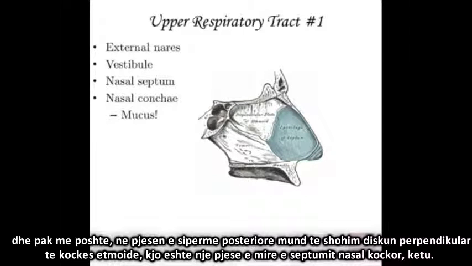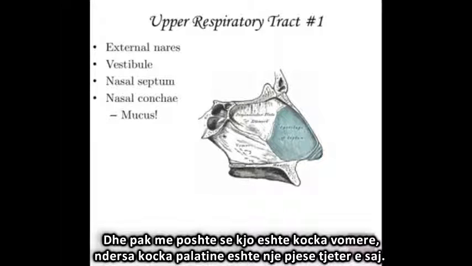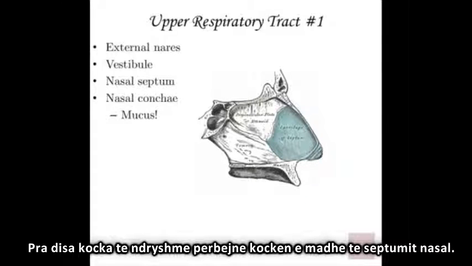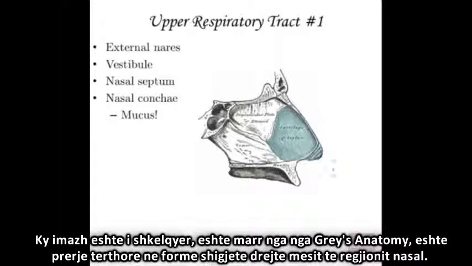And then a little bit further back, a little posterior and slightly superior, you can see that this is bony. It's the perpendicular plate of the ethmoid bone. That's a good portion of your bony nasal septum, straight back here. And then just inferior to that is the vomer bone. And then the palatine bone is another part of it. So a few different bones make up the bony nasal septum. This particular image is great from Gray's Anatomy. It's just a perfect sagittal cross-section straight through the middle of this nasal region.